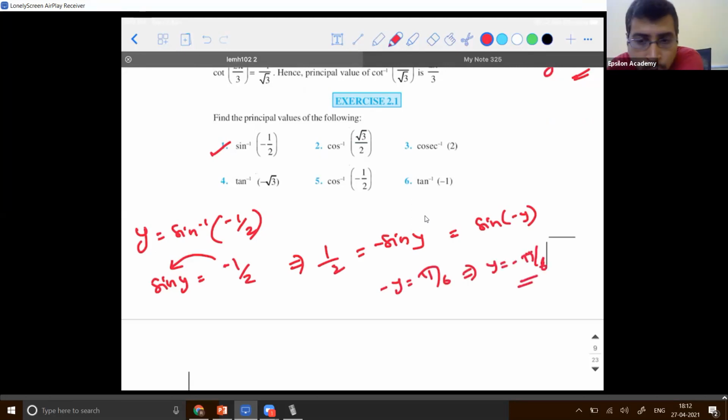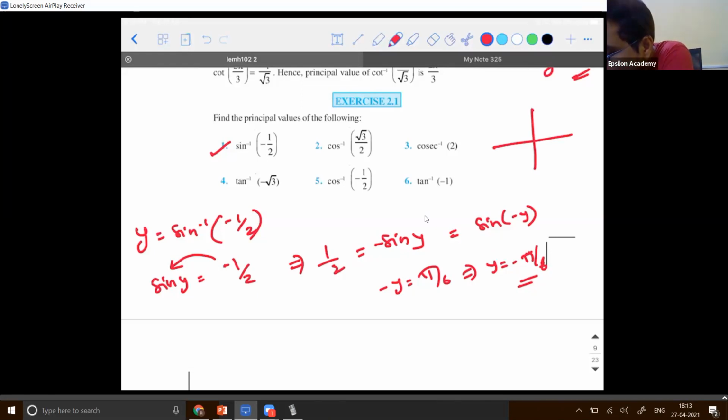I expected one doubt from you guys. In the previous problem, when I had minus cot y, I wrote it as cot of pi minus y. In this problem, when I have minus sine y, I wrote it as sine of minus y. Why didn't I write it as sine of pi minus y? Because it is restricted to pi by 2 and minus pi by 2. That is the reason. So, what are all the functions where the angles are restricted to minus pi by 2 to pi by 2?